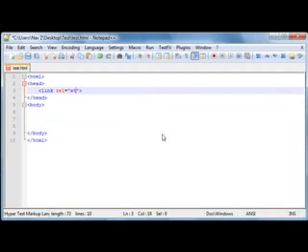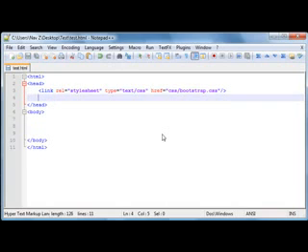So rel stylesheet, type text/css and href. It's saved in css/, and the name of the file is bootstrap.css. Okay, so after giving the link to my Bootstrap CSS file, we also need to give a link to